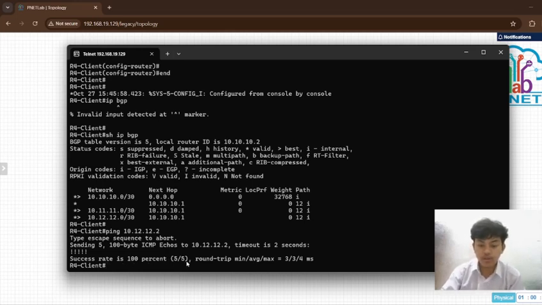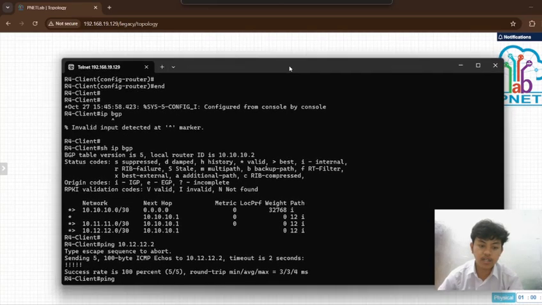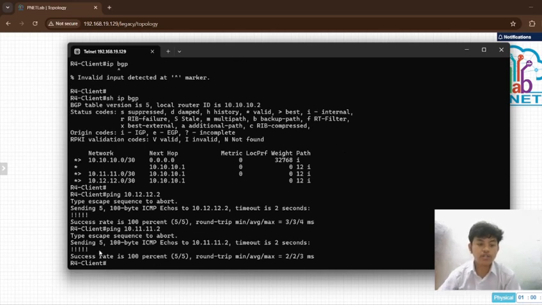If you want to ping here, ping 10.11.11.2, and enter, and the success rate is 100%.